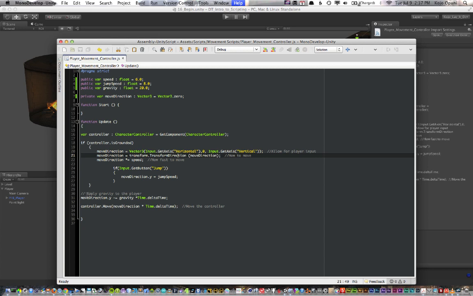And outside of that if statement, one problem before was that when you tried to play this character, nothing was happening. It was because the player was floating in space, so it wasn't actually touching the ground. In order for this if statement, controller is grounded, to work, you need to apply gravity to the player. So it says move direction y minus equals gravity times delta time,